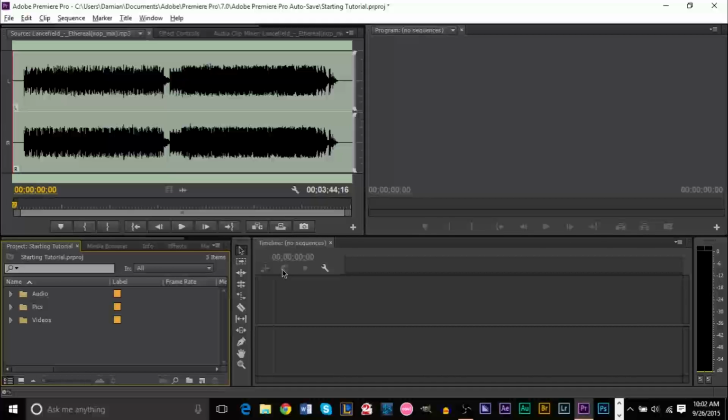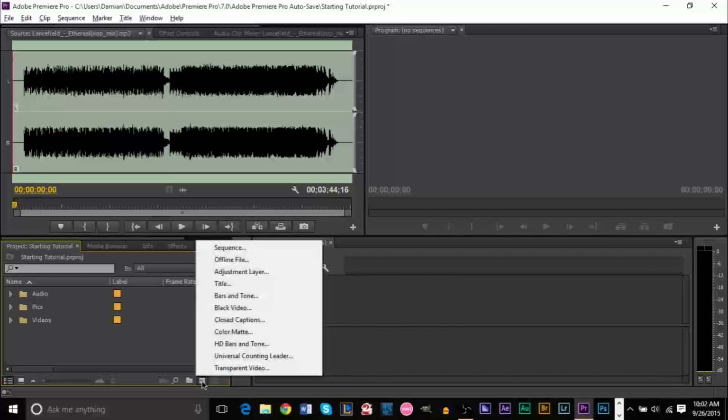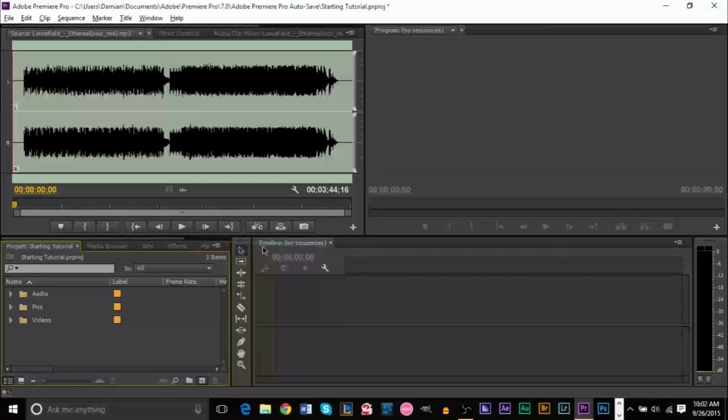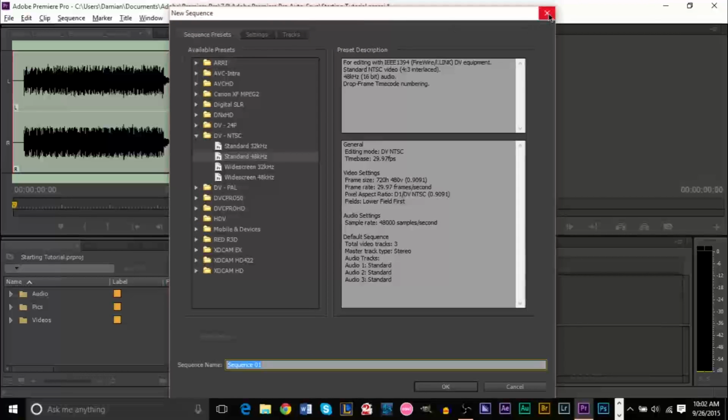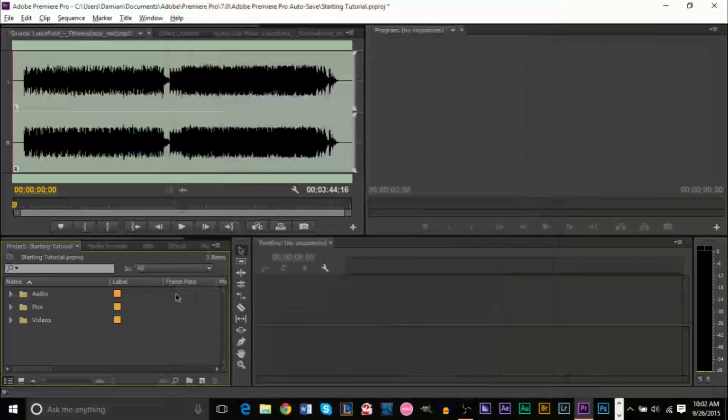So to create a sequence, you can go down to new item here, and you can create a sequence here. But what's going to happen is that you're going to get this huge list, and honestly I don't even know what some of these do. I mean, I know what some of these do, but it's really hard to explain because so many details go into it. So an easy way to do it is a quick shortcut actually,